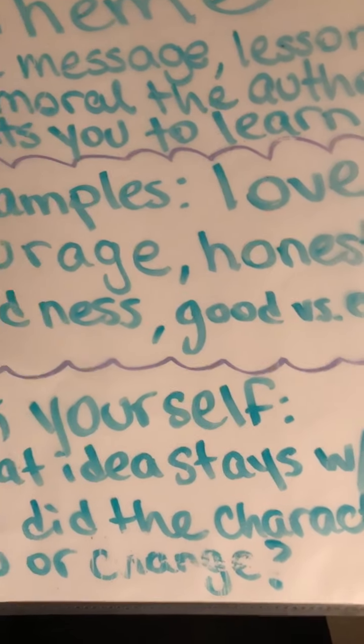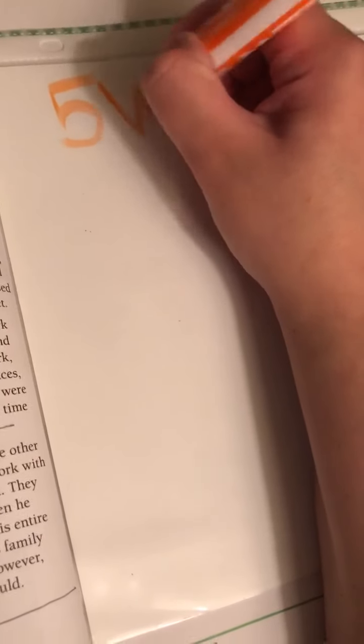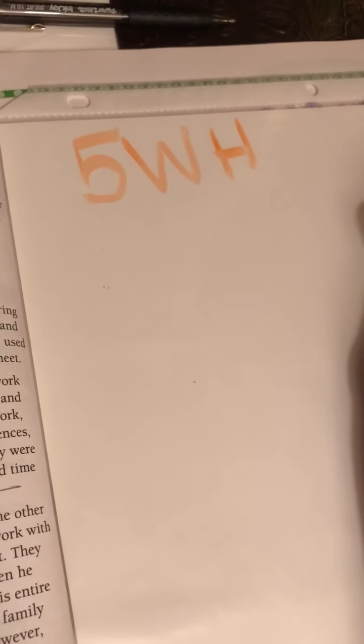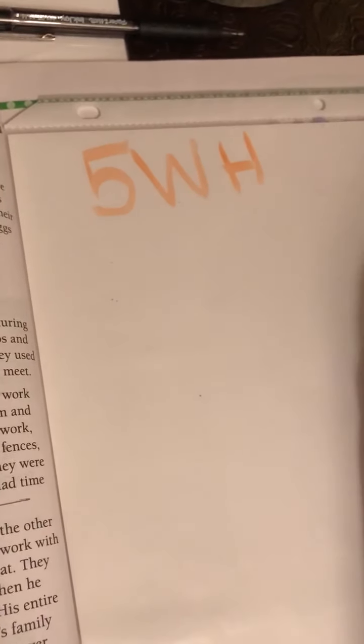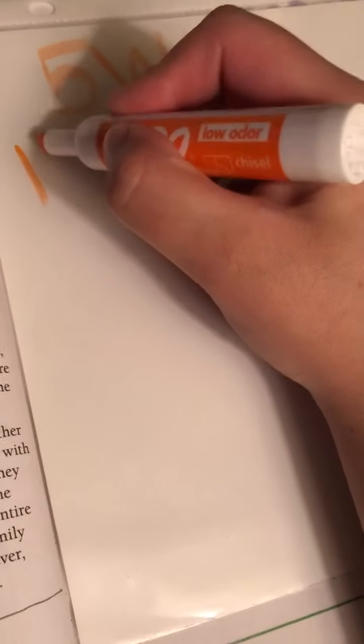Friday is your day to journal, and you are using your 5WH strategy. I know some of you were asking me to remind them how to use that strategy. So I'm going to just write it down. 5WH. So if you're reading one book, if you don't finish reading the book, if it's a chapter book that you're reading, just write up until where you stopped. But you are going to write about